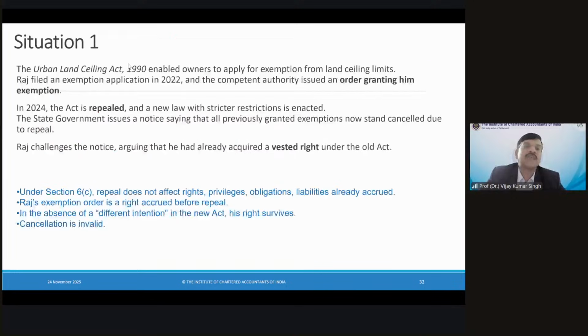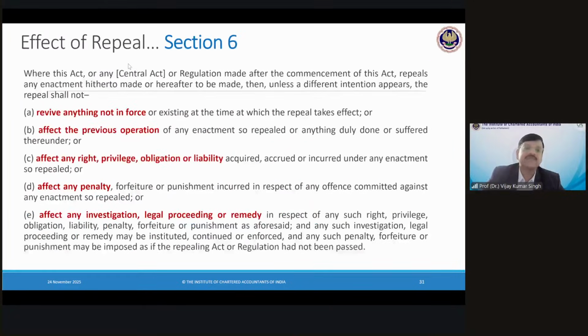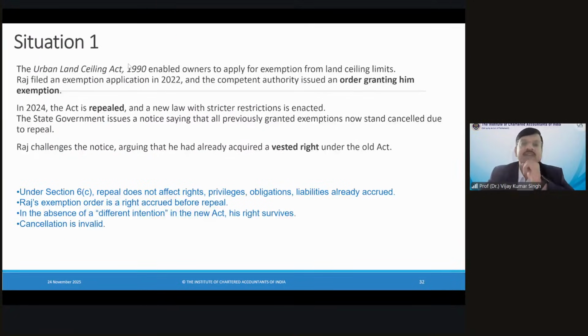Let us have more clarity by way of understanding some situations. Okay, this is one of the situations. If you see, I think by mistake I have given you the response also in this particular slide. But okay, anyways, let us read it. The first situation is the Urban Sealing Act 1990 enables owners to apply for exemption from land ceiling limits. So Raj is a person who filed an exemption application in 2022 and the competent authority issued an order